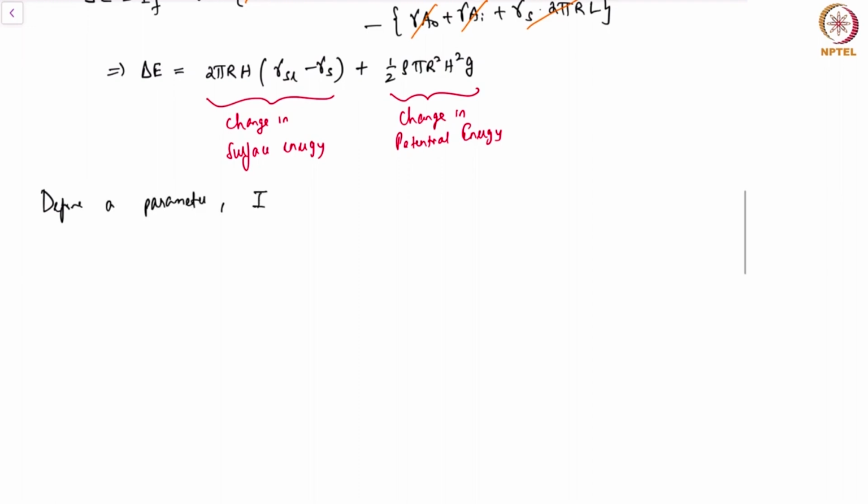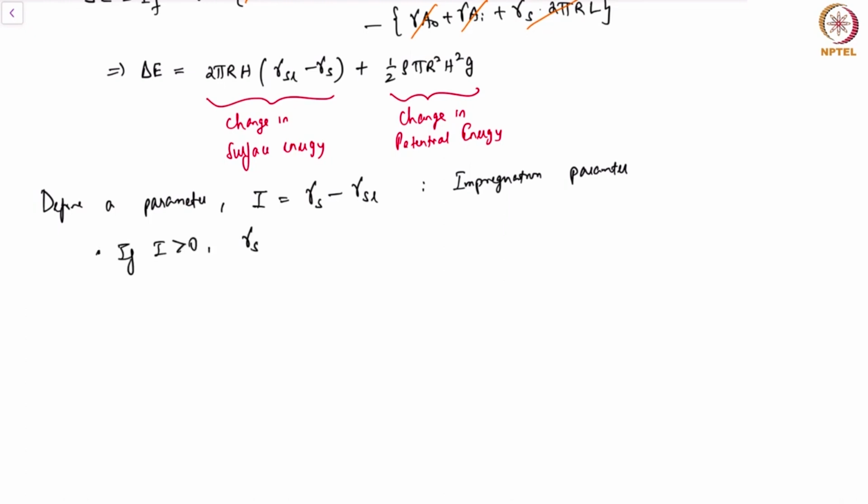Parameter I is often useful when we look at problems in capillary rise in tubes, and this quantity I is gamma S minus gamma SL. This is called the impregnation parameter. What does this parameter tell us? If I is greater than